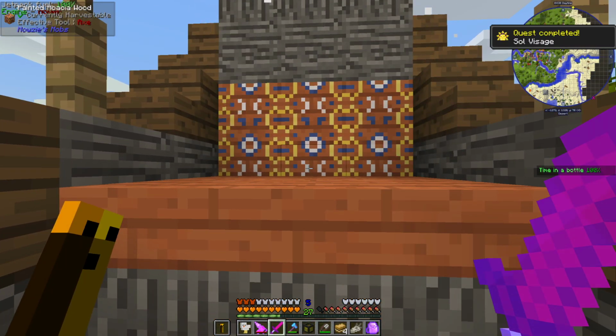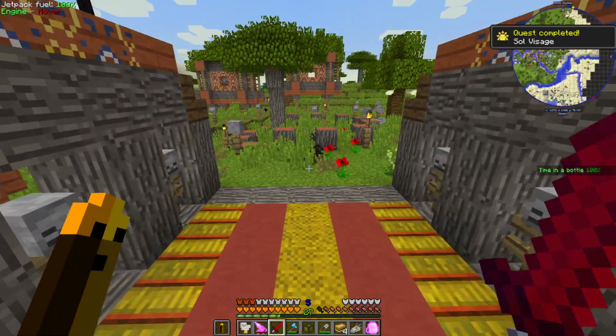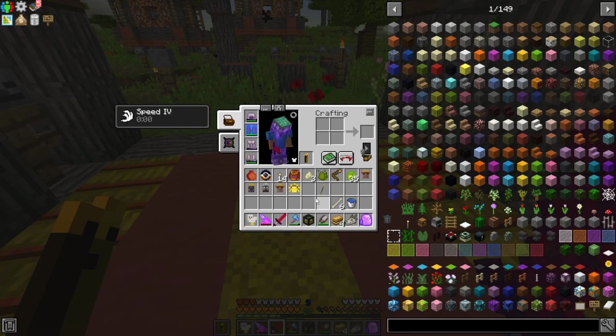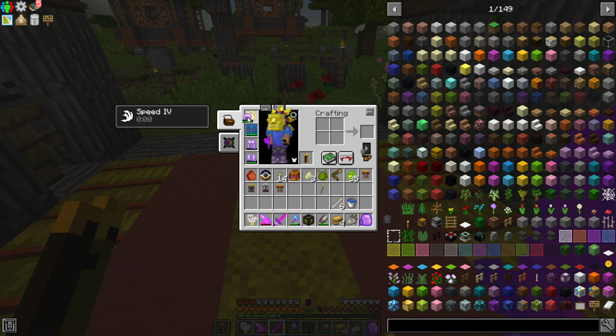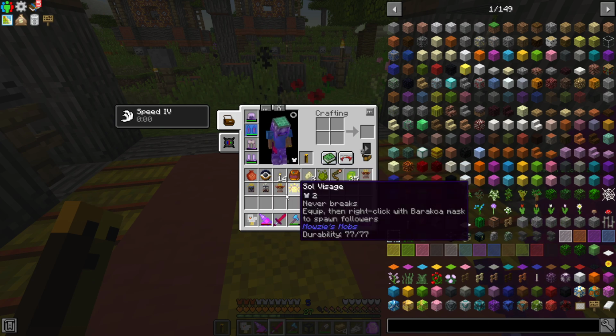And we got a Soul Visage. Let's take a peek at this. What did we pick up here? Soul Visage. Never breaks. Equip, then right-click with a Barako mask to spawn followers. Oh, okay. I know there's a way to have cosmetic